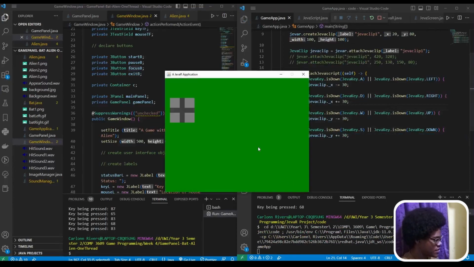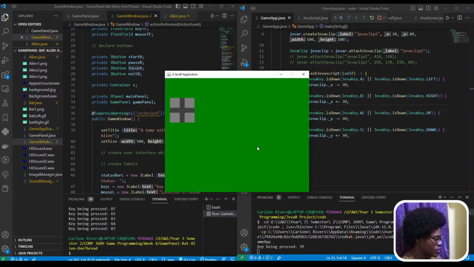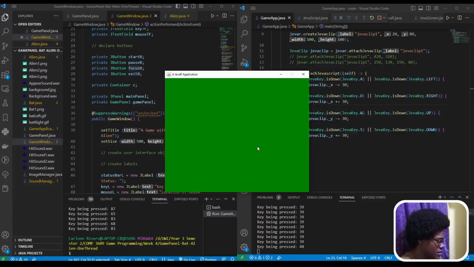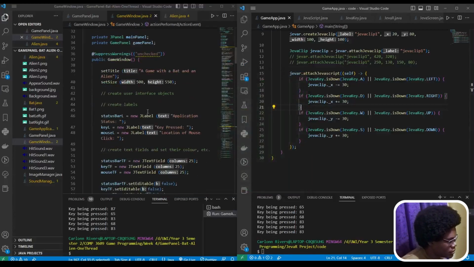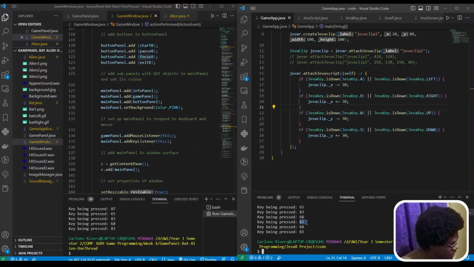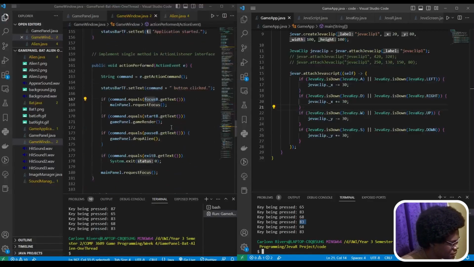So plain if statements. And in here, you can see I'm using 39, 40, which is down, 37, which is left, and 38, which is up. And then I'm also using 68, which is D, 83, which is S, 65, which is A, and W, which is 87. Yeah, so both sets of keys make you move in the directions. I'm thinking numbers may be confusing. Let's look at